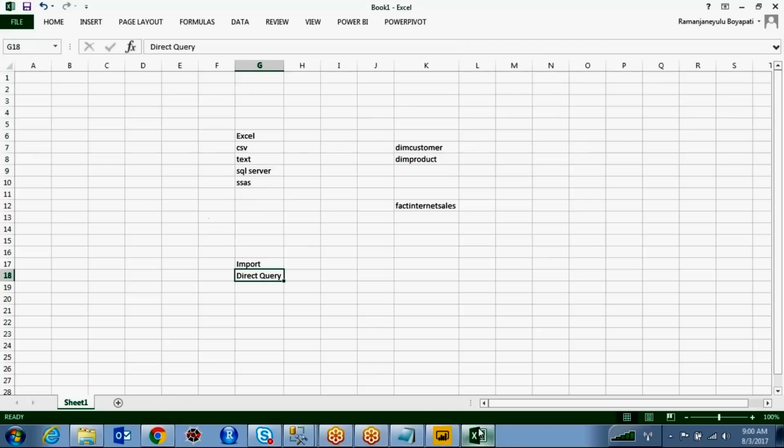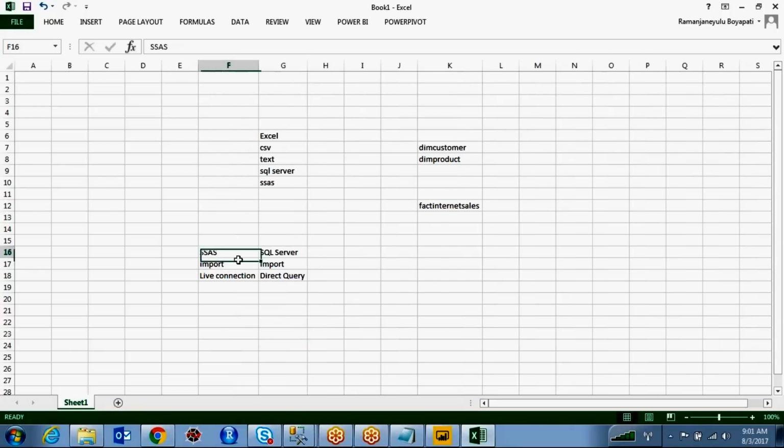Import is the same everywhere: when you are using SQL Server, import is the same, and when you are using SSAS Analysis Services, import is the same, but there is no direct query. There is a live connection.